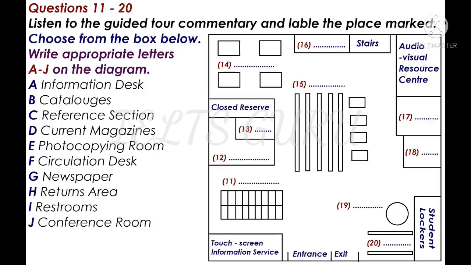If you need help using the catalogues, or you need to organise a loan from another library, the information desk is the place to come. And finally, here, beside the exit doors, these 2 shelves contain current magazines and journals. Like the newspapers, they are kept here for a time and then stored elsewhere.